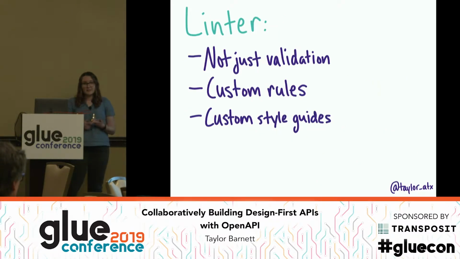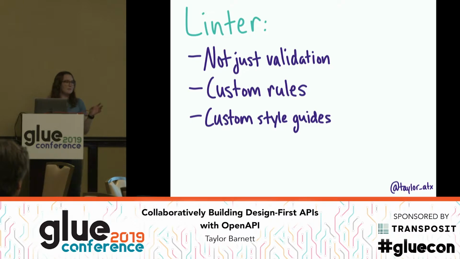Next, you need a linter to sit on top of that editor or designer. So a linter is acting kind of as a style guide. And it can include vocabulary, or maybe you're using camel case versus snake case, or different style choices, or interactions that you would deem, this is what we would like to go towards in our APIs. One thing I've seen often is sometimes things call themselves linters, but they're really still only validating the JSON or your spec. So watch out for something that actually allows you to build out a style guide.